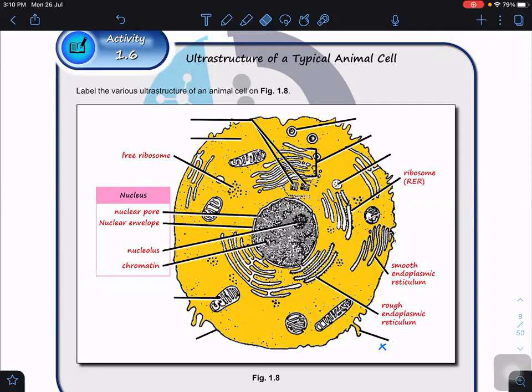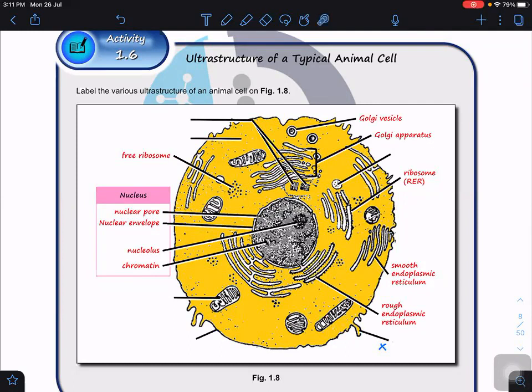Okay. And then you can see something like a bag, right? Something like a bag, can you see that? And they are not interconnected. So the whole structure here is known as the Golgi apparatus, or Golgi complex. And because the Golgi apparatus is always involved in secretion by exocytosis, you can see that this is a secretory vesicle or Golgi vesicle, right? Golgi vesicle or secretory vesicle.